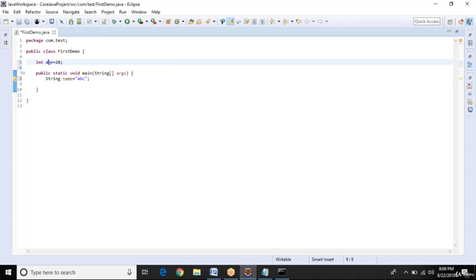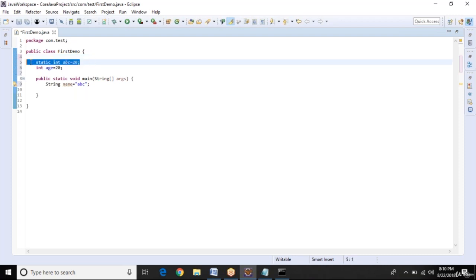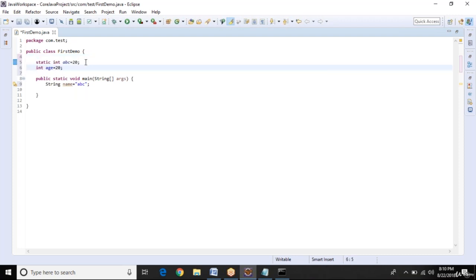And I'm writing one more thing: static int abc equal to some value. Here, this one is called a static variable and this one is an instance variable.